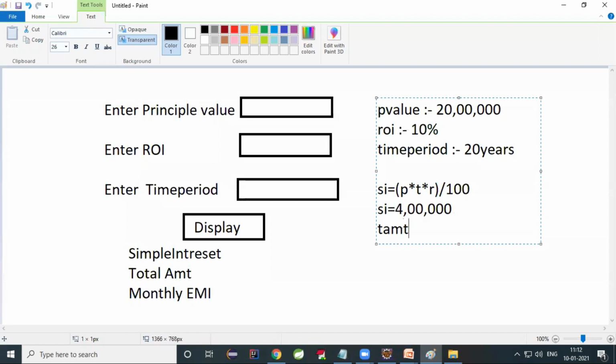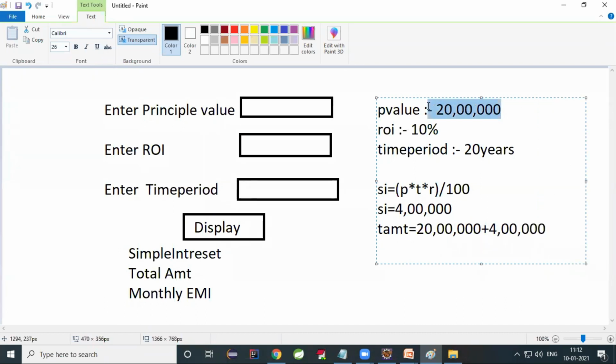So total amount will be how much? 20 lakhs plus 4 lakhs, 24 lakhs. You have taken a loan of 20 lakhs, rate of interest 10 percent, time period 20 years. So total amount will be 24 lakhs.